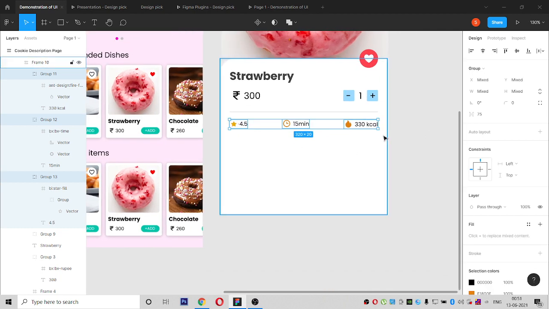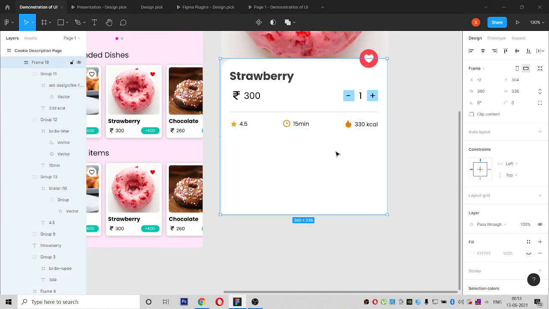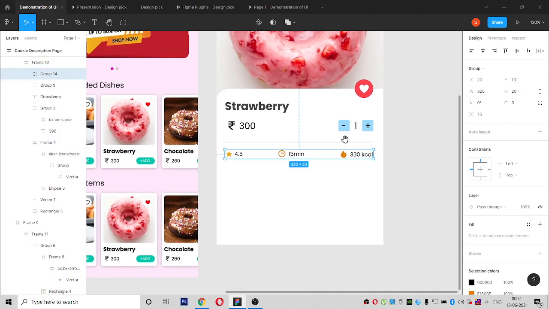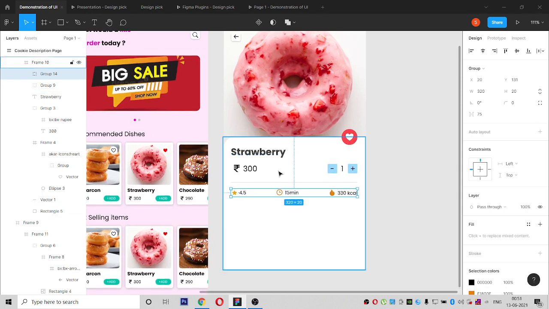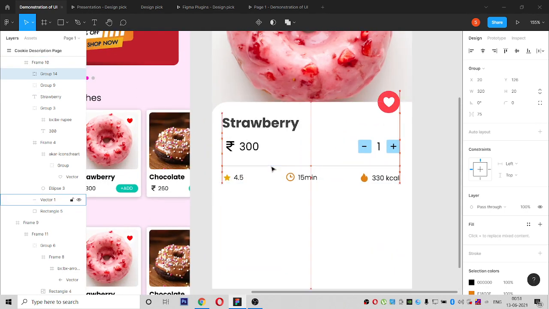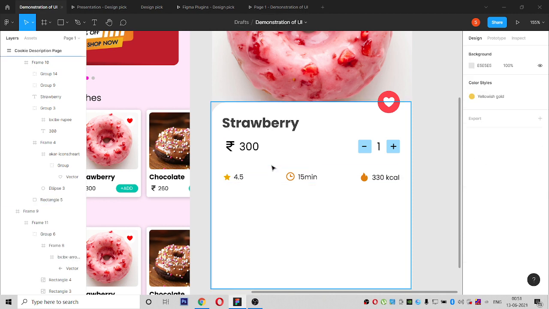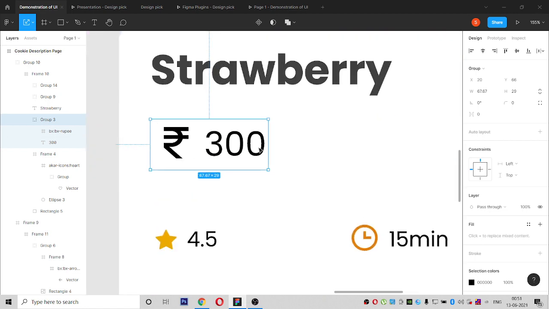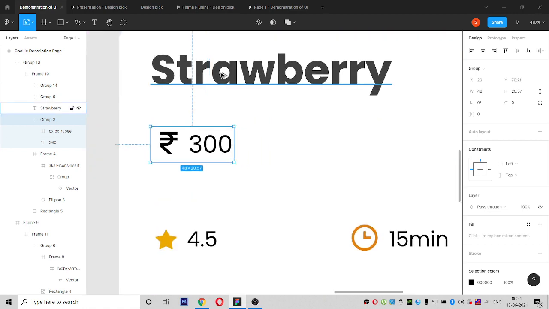So this gets aligned in the center. So these alignments are very much important, and just for now group it. And how much distance is here? 2, 3, 4, 5, 6. Or I think this stroke only is not required. This pricing also is very much big. 1, 2, 3, 4, 5.